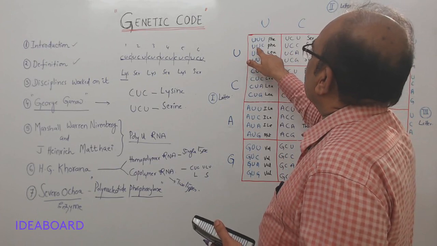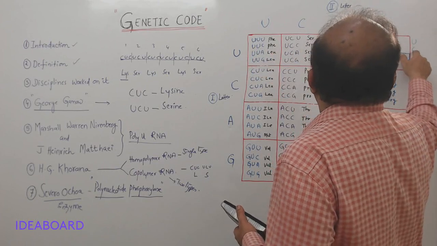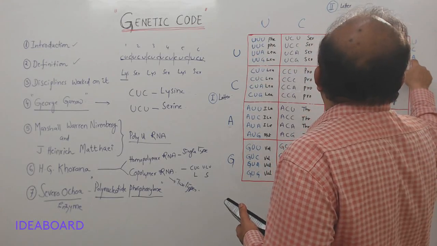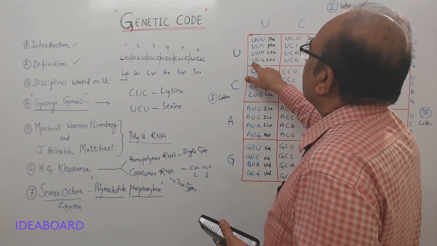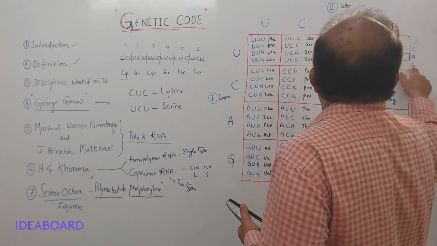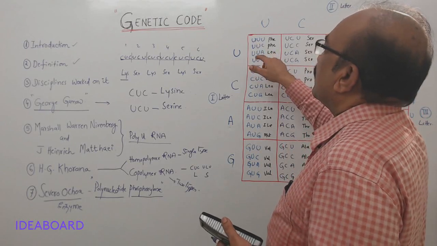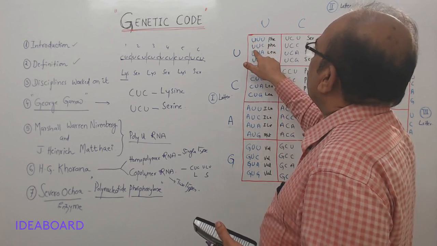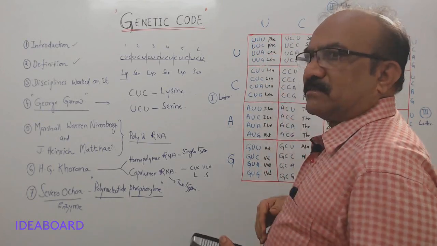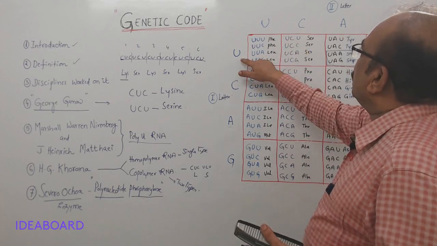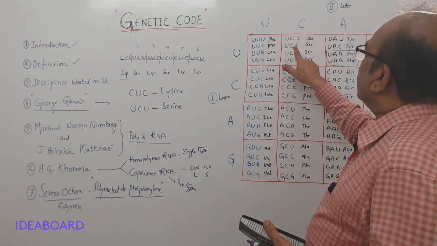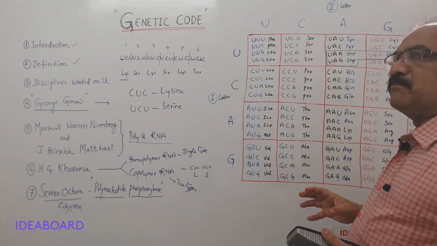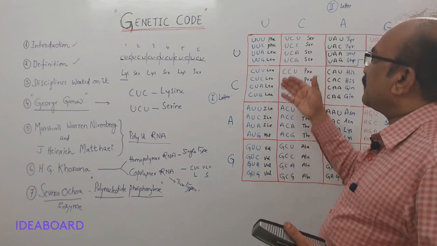And like that, first letter, second letter, third, second letter here C. First letter, second letter, and third letter here is what? A, and the first letter, second letter, and the third letter here is G. And actually while filling it, you have to write first these two, U, and then you write simply UCH. Like that, U and second letter C, UC, you write 4 times and then UCH. Like that, you fill all these and practice it, and remember these